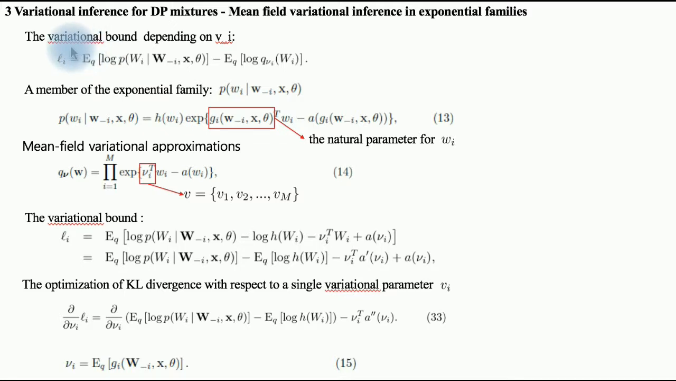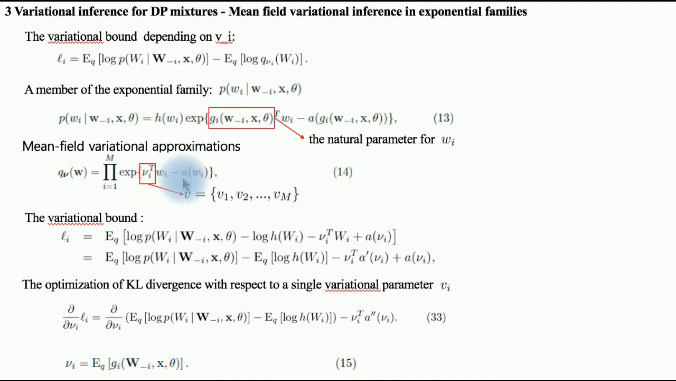The variational bounds depend on parameter Vi, following these equations. The conditional distribution of the latent variable is represented with a member of the exponential family, where Gi is the natural parameter for Wi when conditioning on the remaining latent variables and the observation X. Q of W is seen as the following family